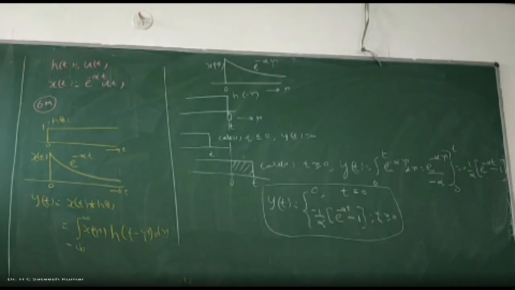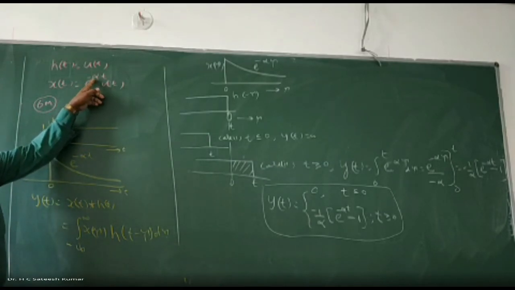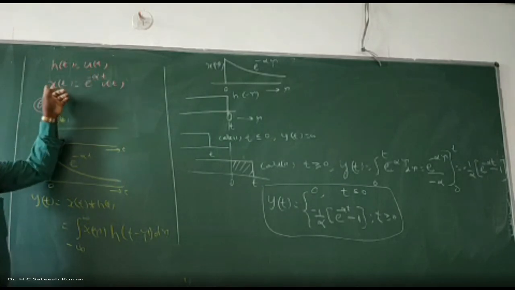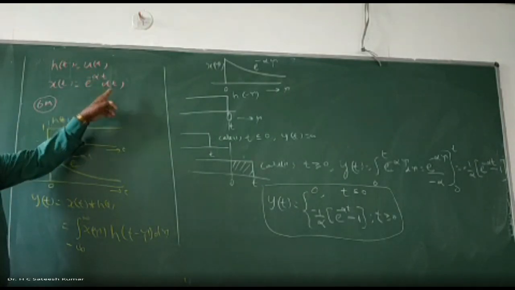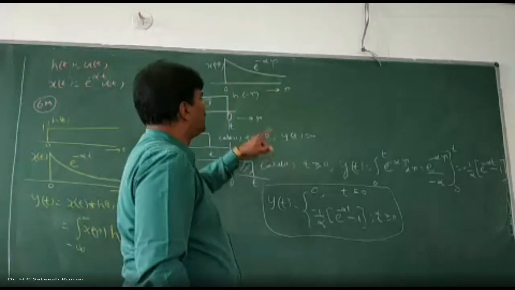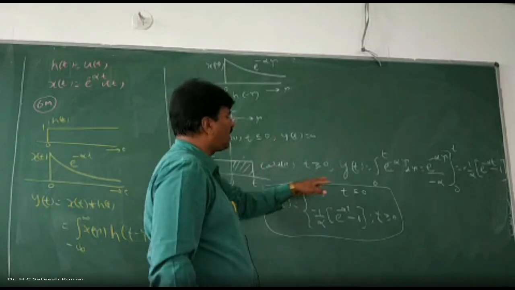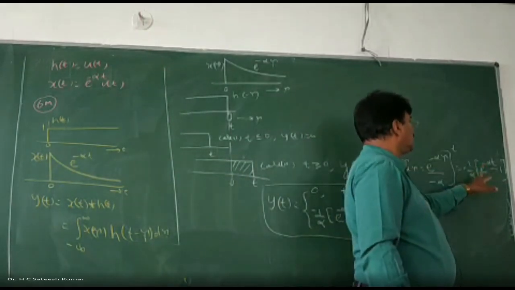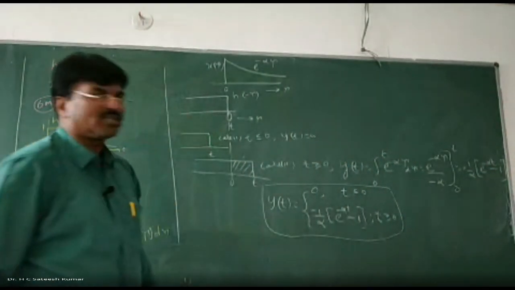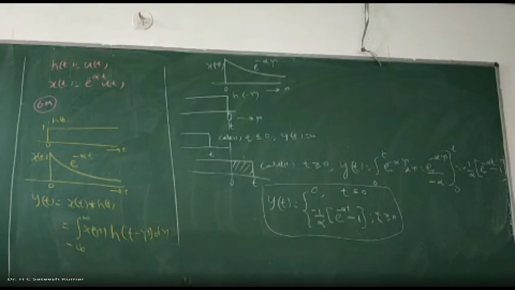In one more paper, he has given the same problem, with alpha equal to 1. That means find the output of the system where the impulse response is u of t and the input is e to the power of minus t into u of t. In such a case, do the same problem, and wherever alpha is there, put 1, in the same diagram as well. You will get the answer as minus of e to the power of minus t minus 1. That problem was asked in one of the papers for 5 marks.